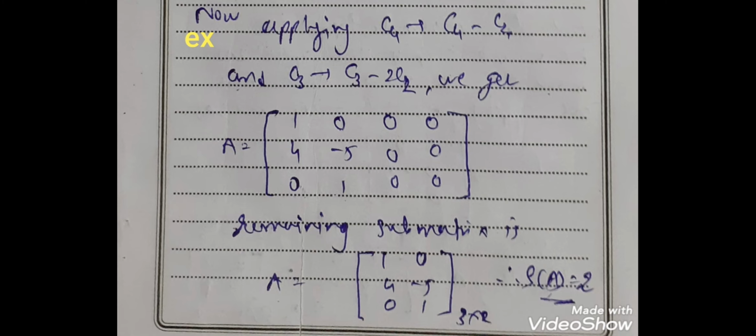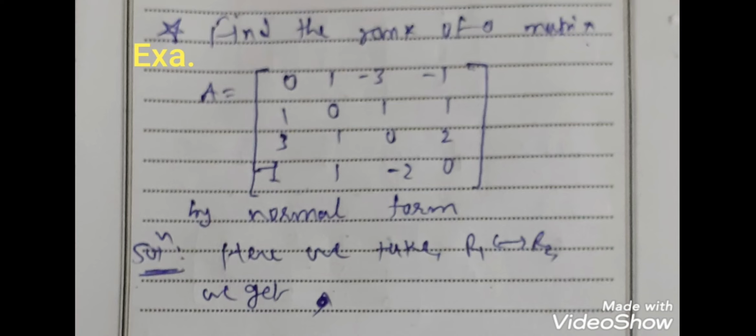So it is an identity matrix of order 2, and we can find the determinant of this matrix. We keep all the entries of this submatrix in determinant form. In the determinant of order 2 we get 1 0 and 0 1, and when we expand this determinant, it has the value 1, which is not equal to 0. So we can convert this matrix into order 2 by 2, meaning it is converted into an identity matrix. So we can say that the given matrix has rank 2, because it has only 2 rows and 2 columns and it converted into an identity matrix. So the rank of this matrix is 2.